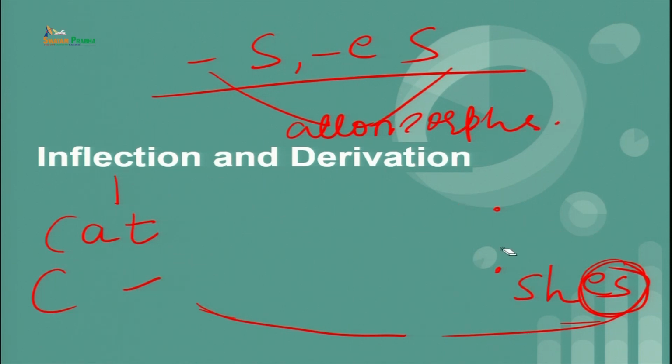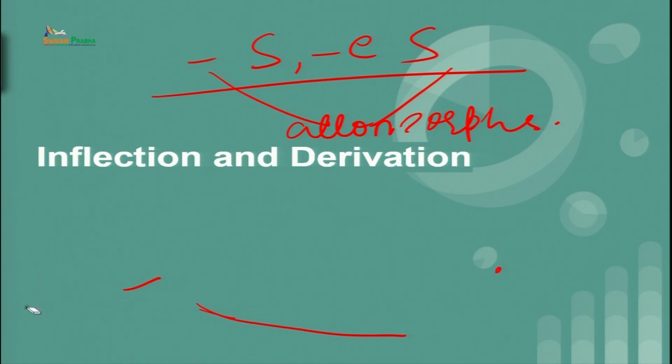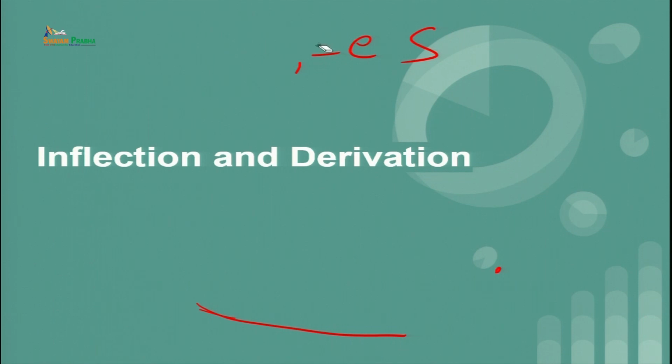Now, when you talk about derivation, then it is slightly different but very interesting. How derivation works, that there are some changes that take place. And what are those changes? Let me tell you that some words are bound to change their function. They are bound to change their meaning as well. So, in order to give you examples, I will first take up the word